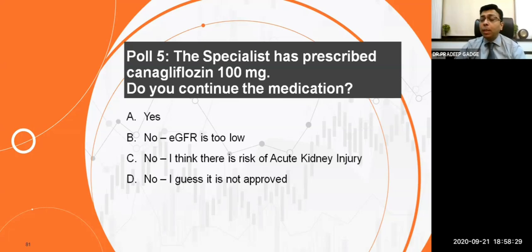And that is why, whenever you put a patient on this sort of drugs, there is a simple formula called 2 into 3 equal to 6. What I mean by 2 into 3 equal to 6 is, repeat the creatinine and, if needed, electrolytes after 2 weeks, again after 3 months, and then keep repeating every 6 months. So 2 into 3 equal to 6: 2 weeks, 3 months, and every 6 months. So now it is approved. So the question is not there. Now let's see what is the current status.